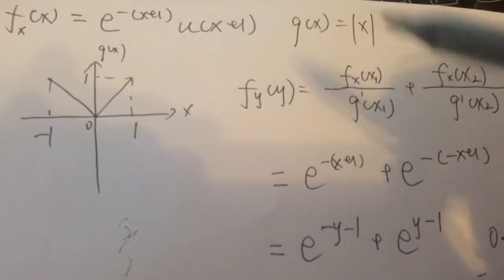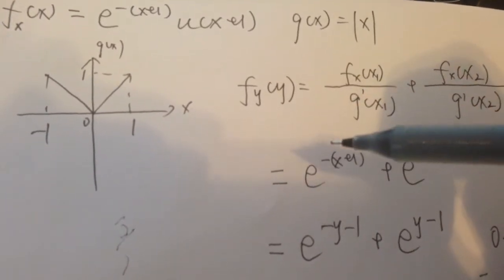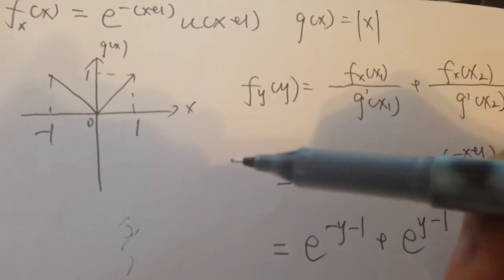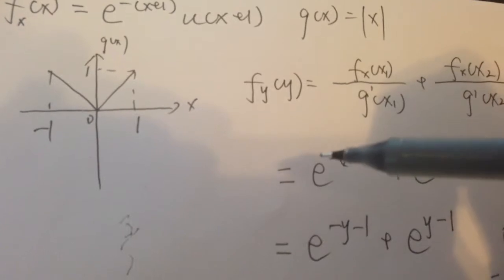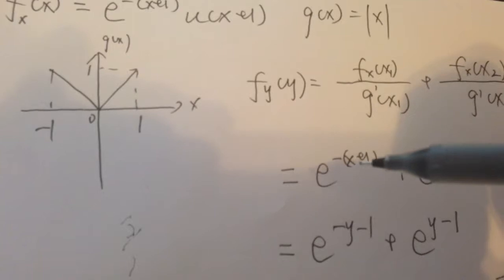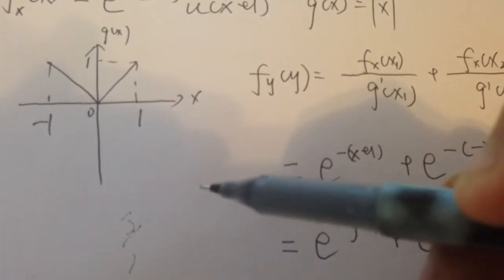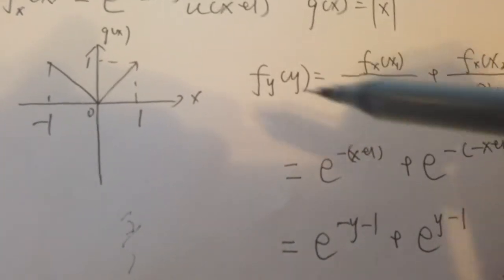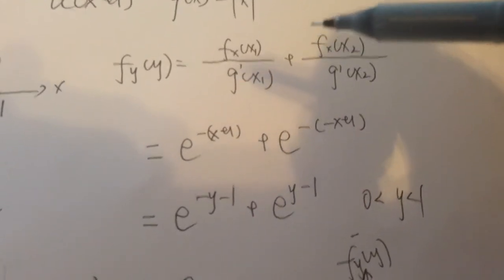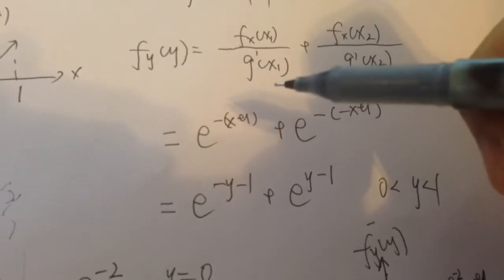So here we want to use the fundamental theorem to know what little f(y) of y looks like. But because this g(x) isn't continuous, we have to divide it into two parts. The first one is x between -1 and 0. The other one is x between 0 and 1. So when we separate it into two parts, then we can use the fundamental theorem,